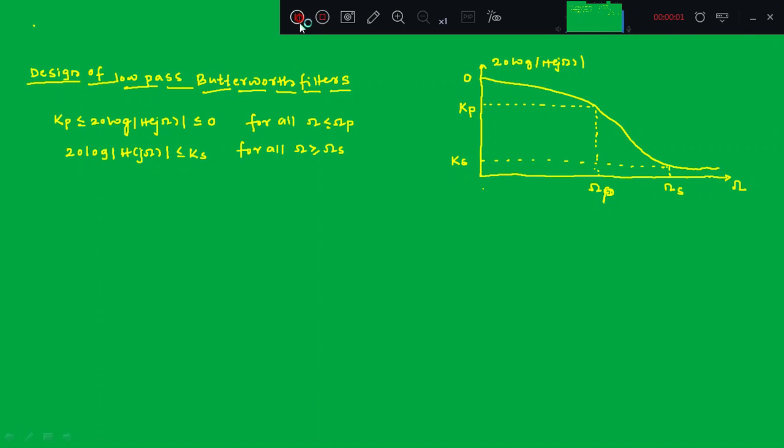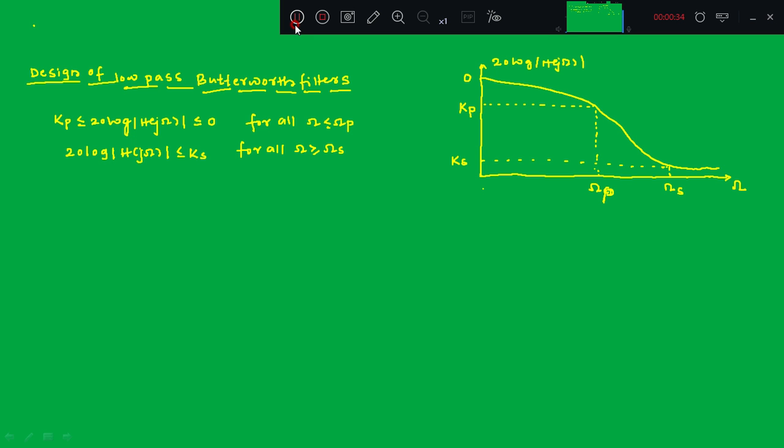Hello students, in the previous class discussion we discussed how to get the analog transfer function with the help of the Butterworth polynomial for various orders. We discussed how to get the poles and how to locate those poles over the unit circle,